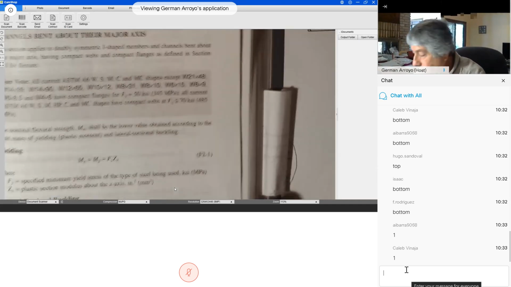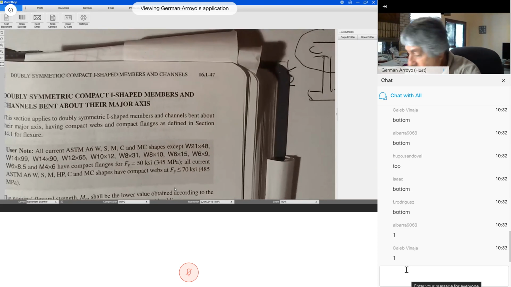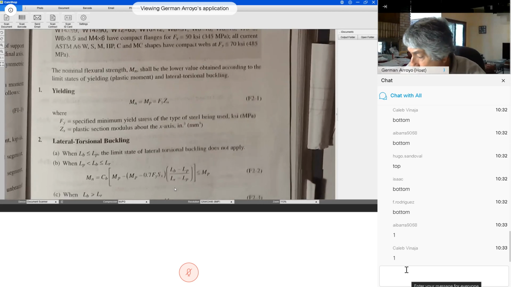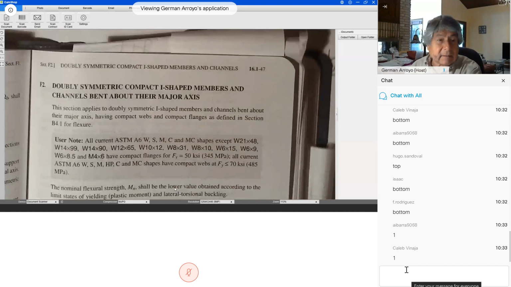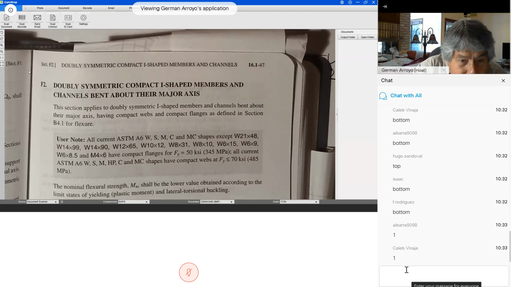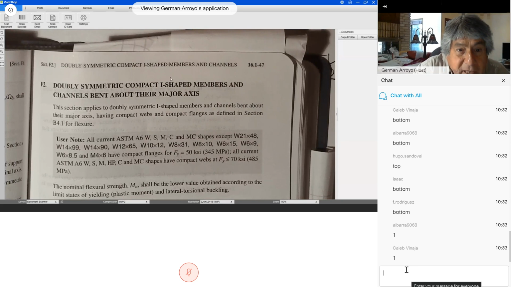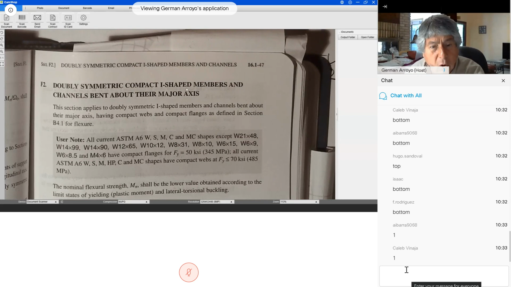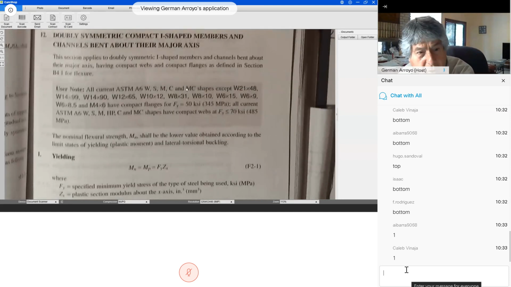So go to the next page, 16.147. And the limit state, the same that we talked about before in tension and in compression. Look, symmetric compact I-shaped member. Compact means that the flange and the web are compact, so lambda is smaller than lambda sub p. And it has to be bent about the strong axis. We already saw the sections that have a problem, but the first equation